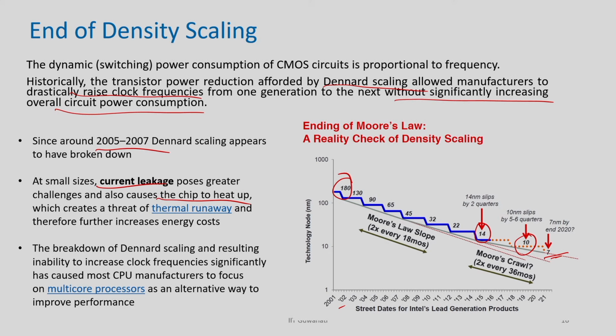Then we moved to the era of multi-core design. Instead of packing more transistors into one very powerful processor, let us distribute the work. You use multiple cores or multiple processors, each perhaps a little less powerful, and then you parallelize the whole thing. That is how the multi-core era comes.